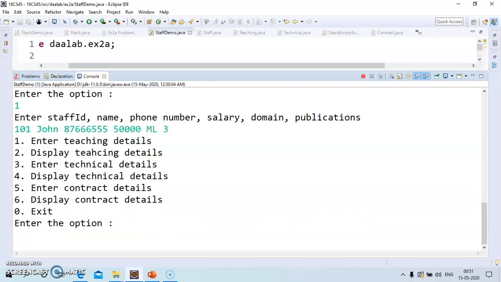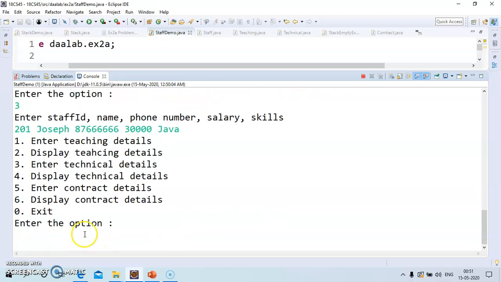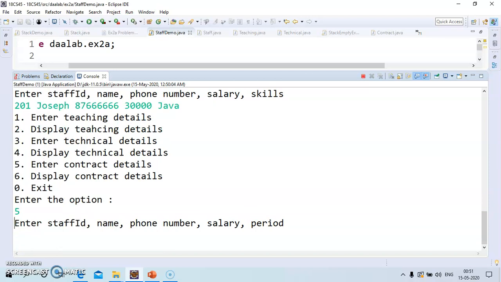Next I will take option 3 and then I will enter the details for the technical, that is 201 and some name Joseph and phone number, salary, and then skills, like this. And then I will make one entry for contract, that is I'll take 5 and then staff ID 301 Bob and then some phone number and salary, and then period is 2.